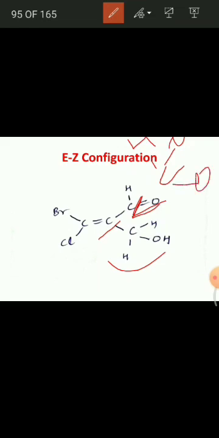That means a double bond is considered as two single bonds, or two bonds, so that in these two groups, the CHO and CH2OH, the CHO will be given first priority, because this carbon is attached to one hydrogen and two oxygens, and this carbon to two hydrogens and one oxygen. Hence the CHO group will be given first priority. Okay, then